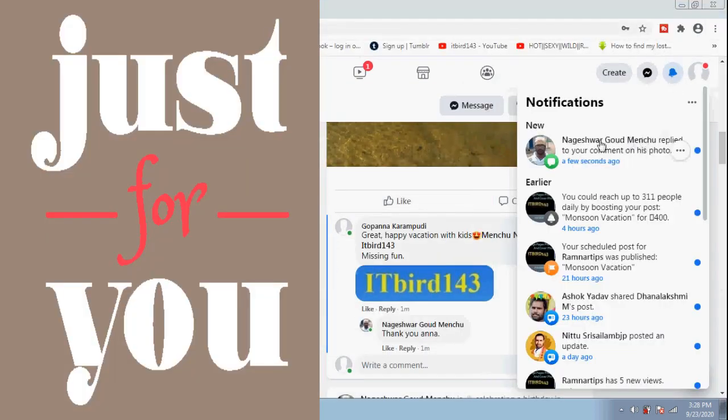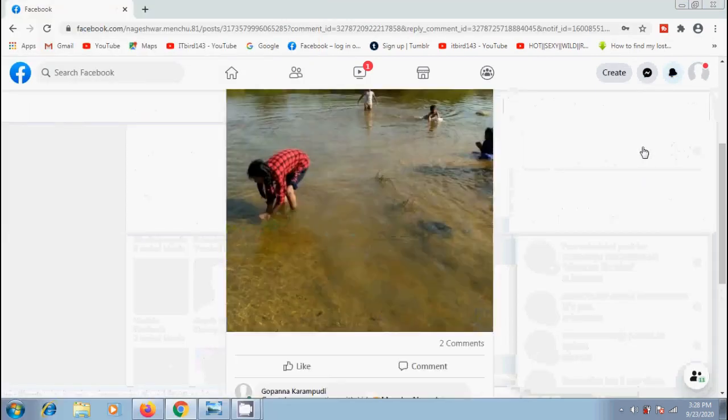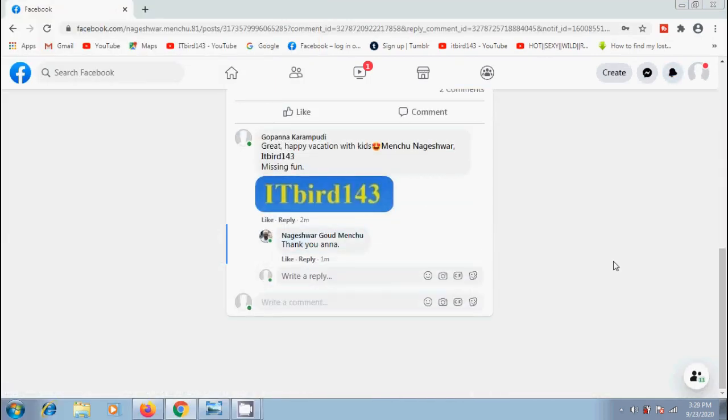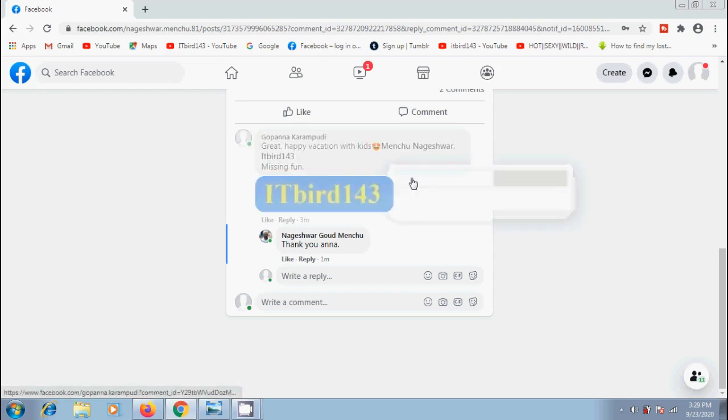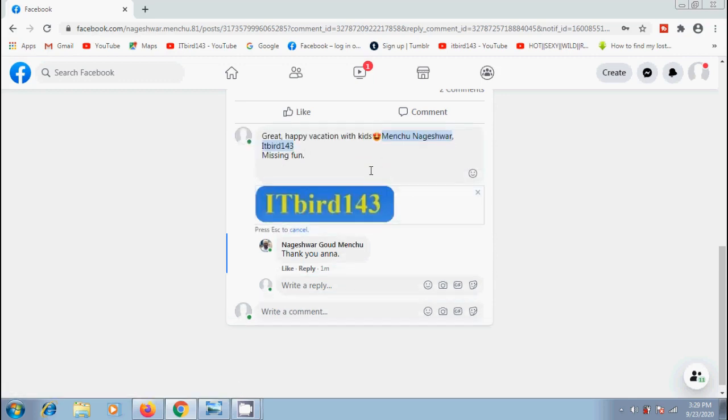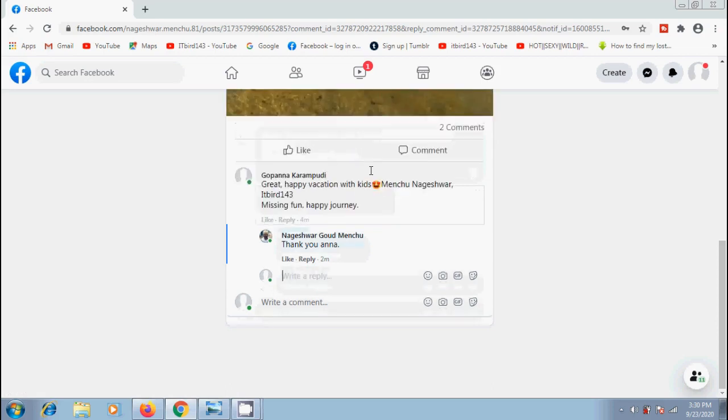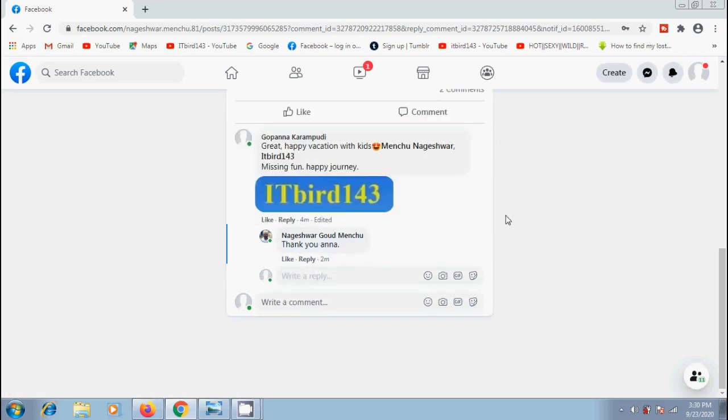Nageshwar Gaud Menchu replied to your comment on this photo. To check the reply, they simply need to click on this. And if the sender wants to edit his comment, he needs to click on the 3 dots next to his comment, and from the options he can select to edit or delete. Let's select to edit. Again he will come to the comment field, edit it and hit enter, and the edited comment will again be posted